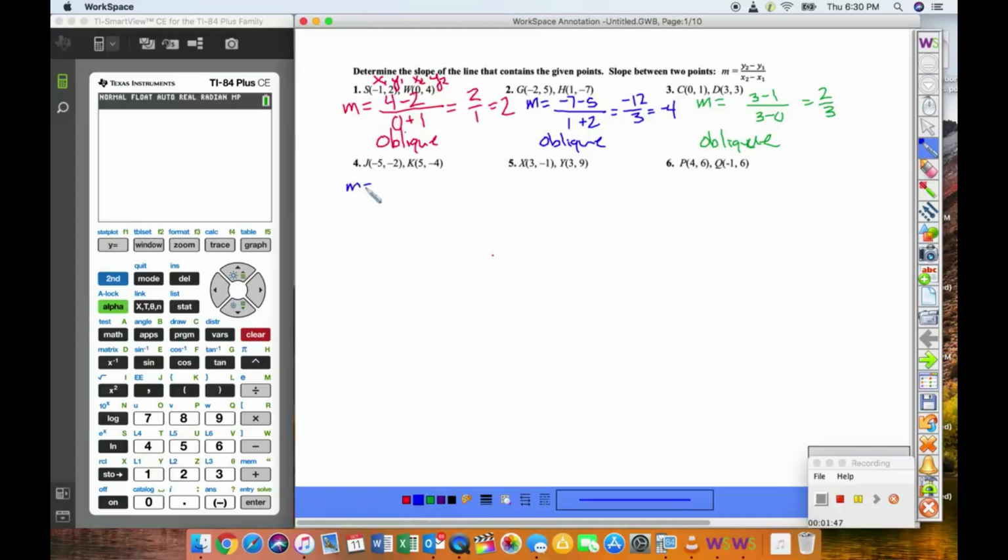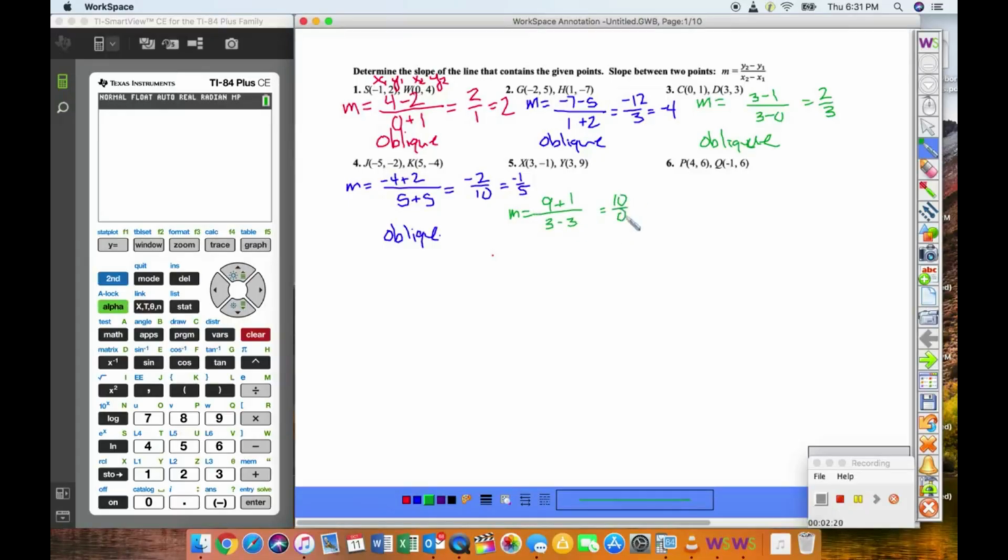The slope, negative 4 minus a minus 2, so it turns into a plus, or 5 minus a minus 5, so that's going to be negative 2/10, which can totally reduce to be negative 1/5, and that is an oblique line. The slope on the next one, 9 plus 1 over 3 minus 3, which is going to be 10 over